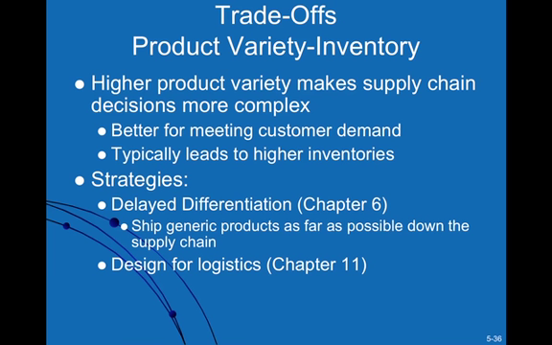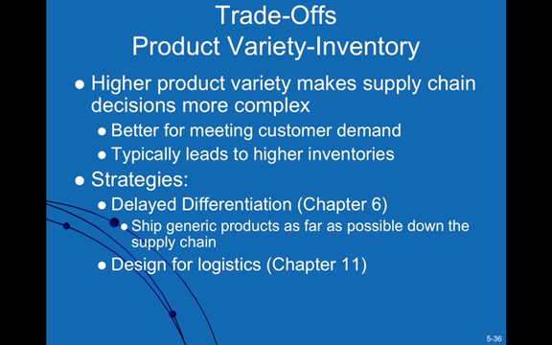So if you're making ski jackets, as in the case of Sport Obermeyer, you would keep the basic fabric undyed as long as possible until you receive the actual orders of the particular styles, and then you could finally sew. Because you have started the production process up to a point, you cut down the manufacturing lead time to some extent, and the lead time then becomes the time that it takes to do the differentiation when the actual order is received.